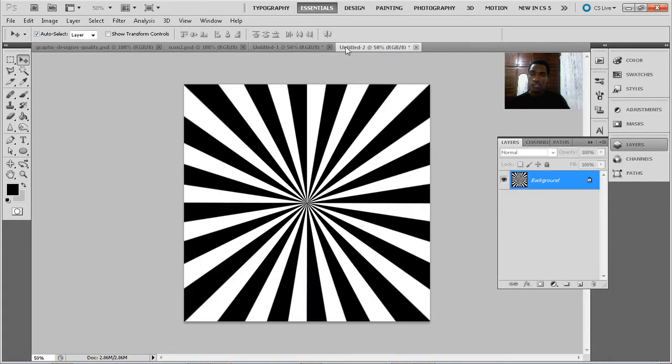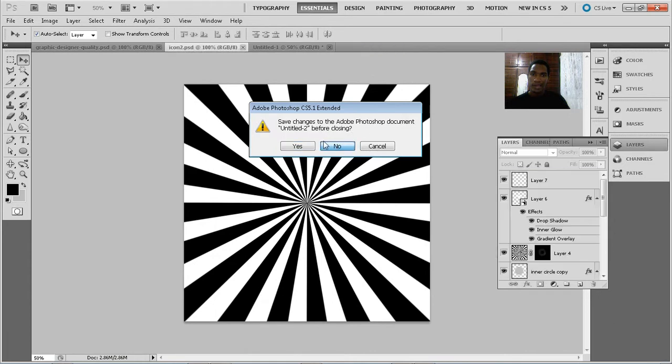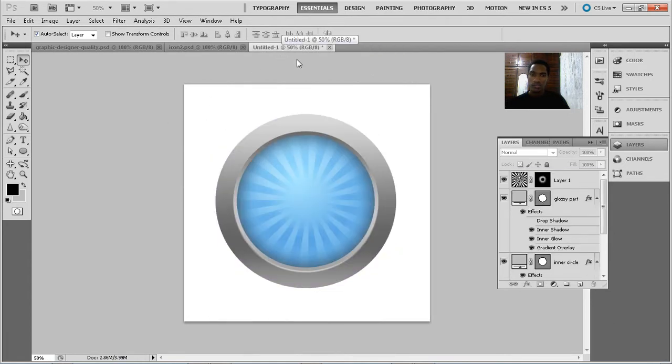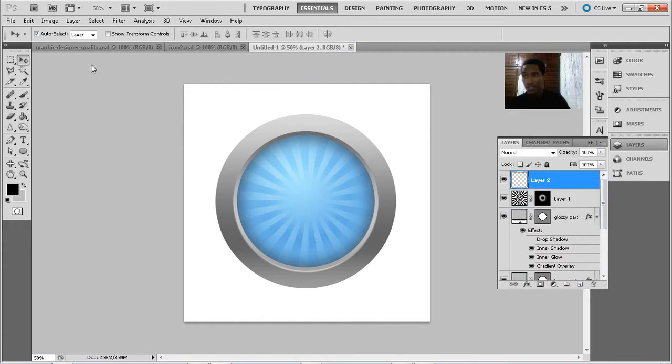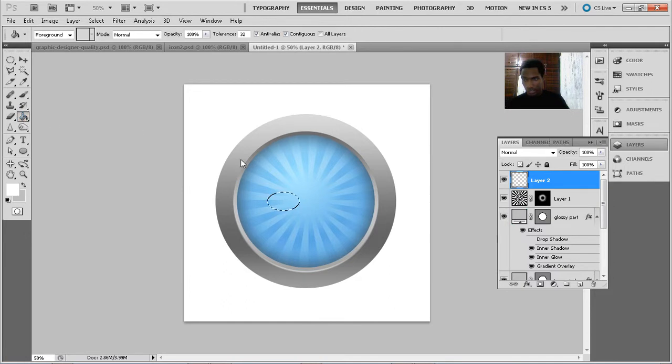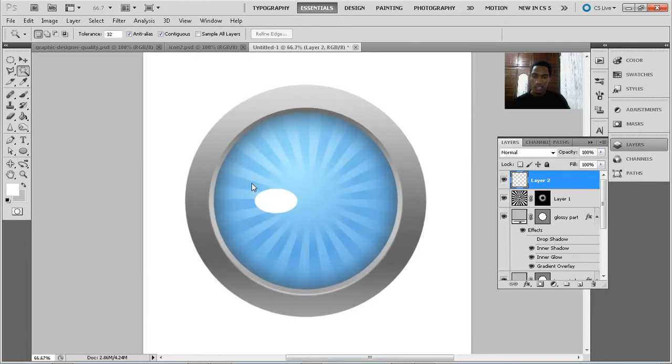Now Photoshop comes with a built-in music icon. You can always just use that. But if you really want to know how to make your own music icon, we simply just do this. We're creating a new layer first of all, and we're going to use the elliptical marquee tool. Set our color to white, click on this, and just draw not a perfect ellipse, but something that's somewhat wider than long. Fill that with white, and we're not done yet because the music